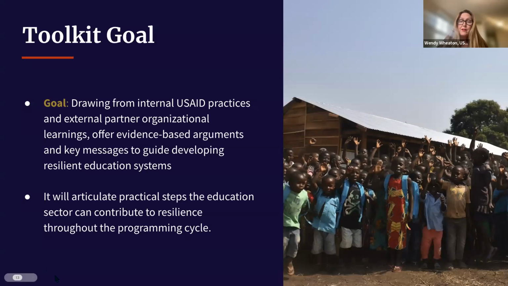Our Building Resilience Through Education draft toolkit aligns with both the resilience and the education policy. It applies approaches to enhance resilience at systemic and institutional levels. Success involves a common objective of resilience in different crises across both the development and the humanitarian programs, which is